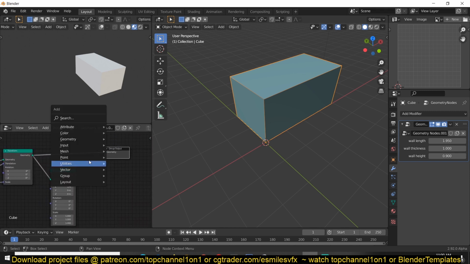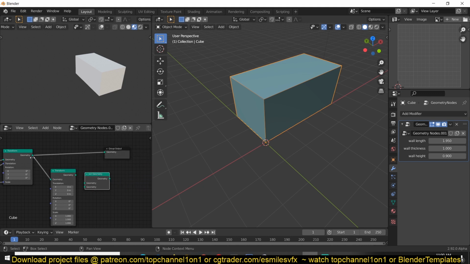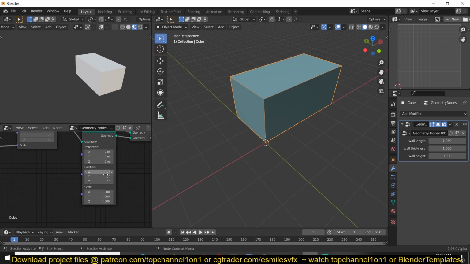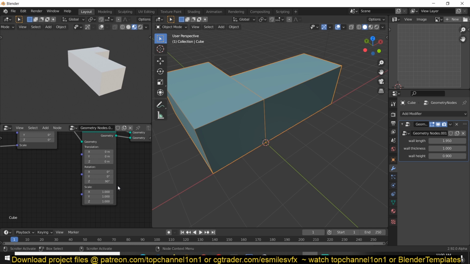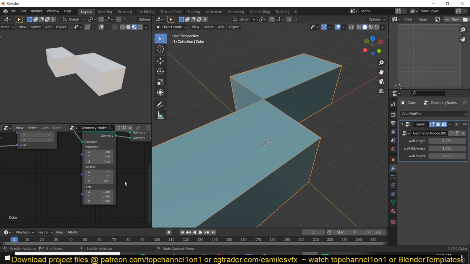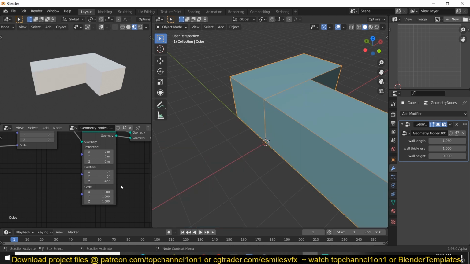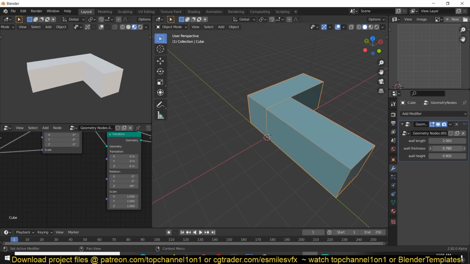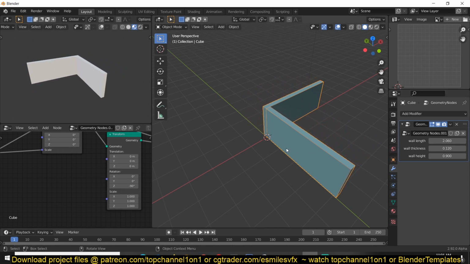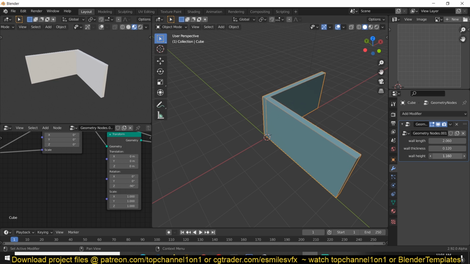And now you can also add a join geometry. So if we bring this geometry in and then this geometry in, we have made a duplicate of this geometry, and we just have to output it here. Because we haven't changed any of these values, they're still in the same position. But if we rotate this, you can see that we get that. So I can rotate this 180 degrees, actually negative, let's try negative 90, like that. And then now I can change the wall length and width or thickness, and I can see what we get. You can change the height,